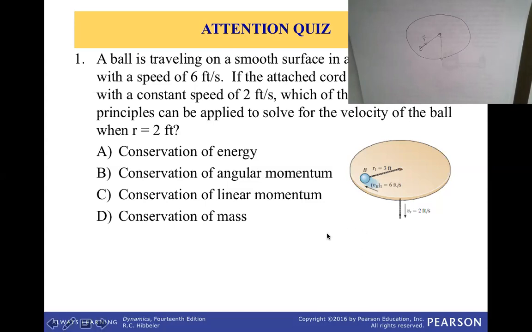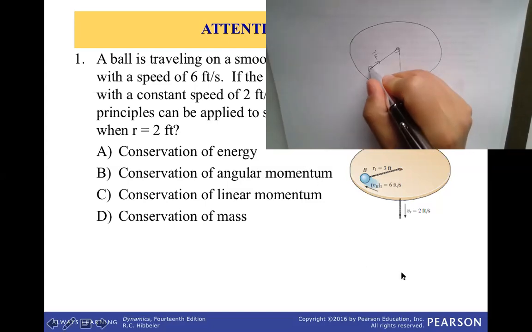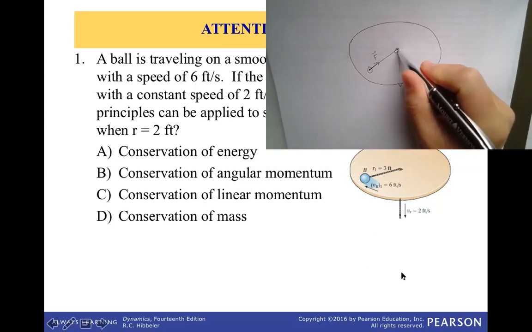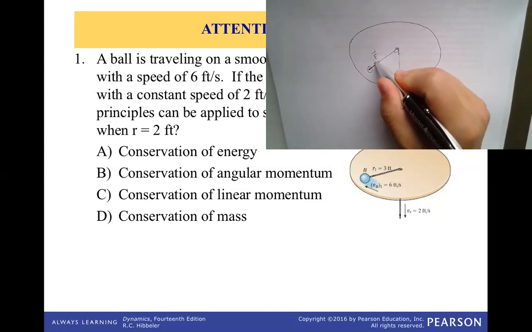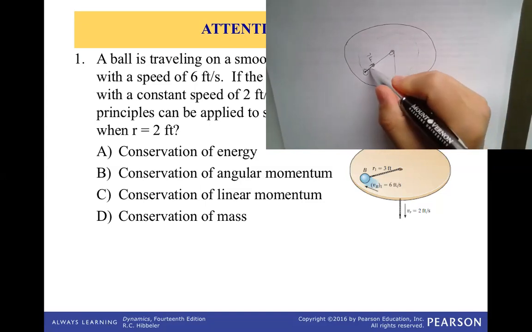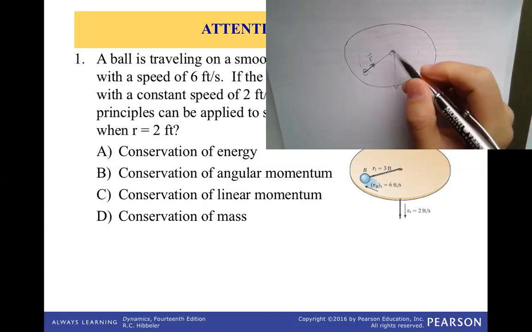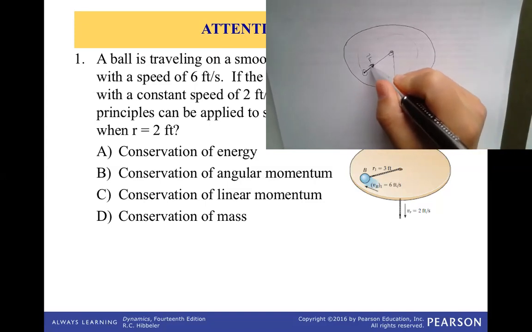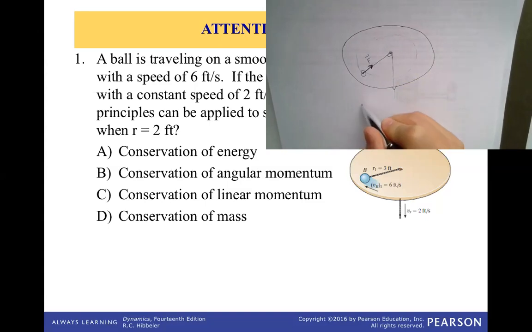It's because if we look at this figure here and look at the forces on the ball, because you are pulling it down here, the force will be the tension force, okay? So you can see this one is going around in a circular fashion. Then this force goes through the center of the circle. So the force on the ball is a central force. When there's only a central force on the object, the angular momentum should be conserved, because the moment of the central force is equal to R cross F, okay?